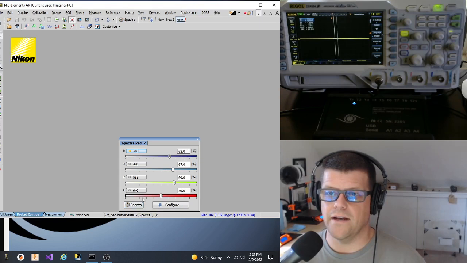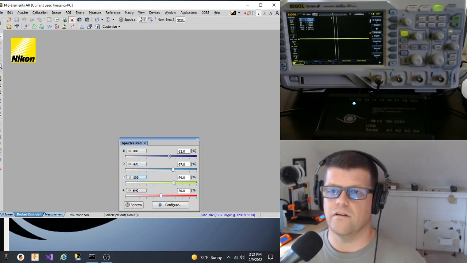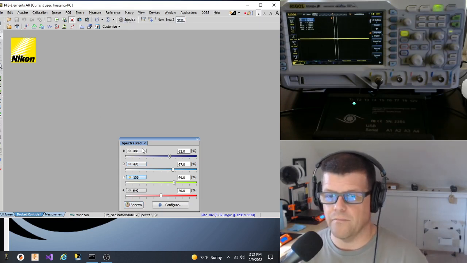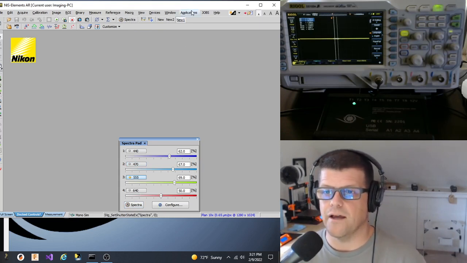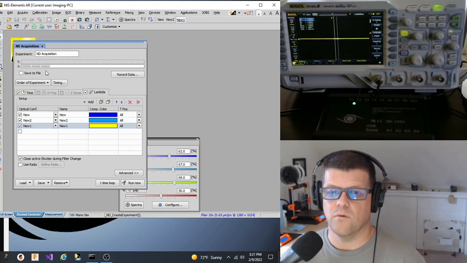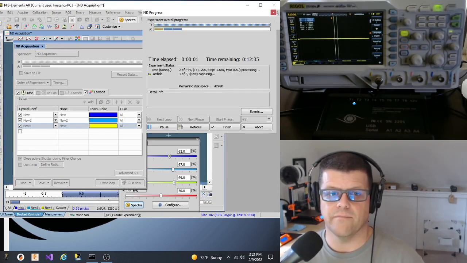So what I'm going to do right now is go through and set these different presets up here. I believe these presets should be set up to work. Let's see. Yeah. There we go. Set that guy up. Yep, on, off. Yep, on and off. So now that I have 3 of these set up and configured for switching, what I can demonstrate is a time lapse. So we'll do a multi-channel time lapse, and we'll hit run now,